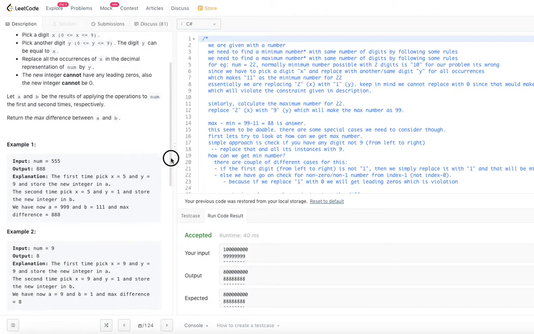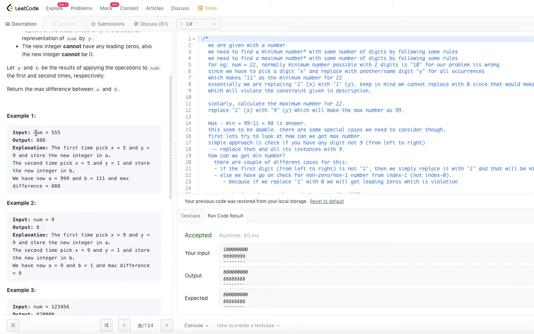Let's go ahead and look at example 1. The number given is 555 and the output is 888. So from the given number 555, the output is 888. Here let's try to apply some operations on the number 555.